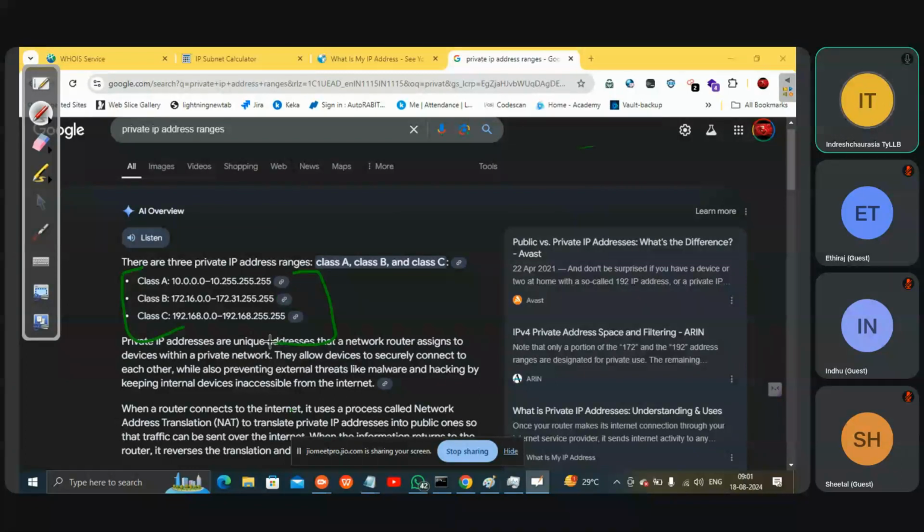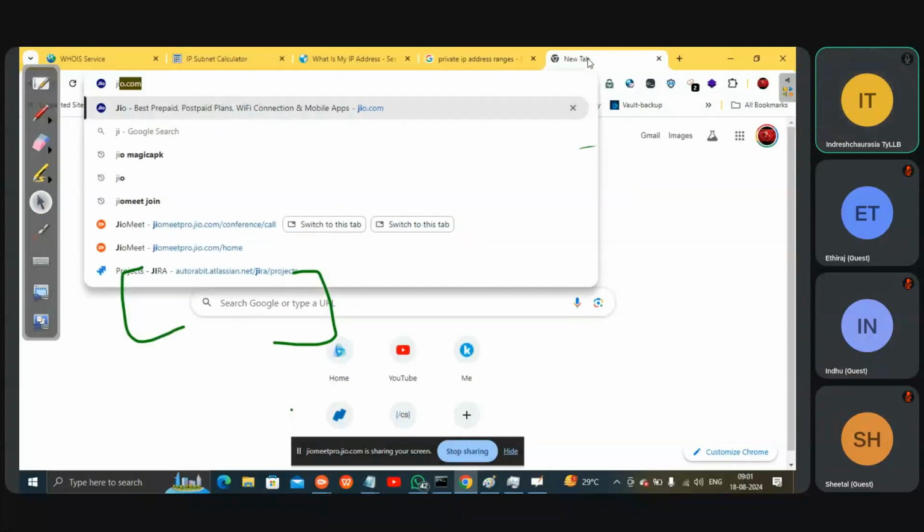Now, how are we going to identify the IP address of a particular website? Suppose I'm opening Geo.